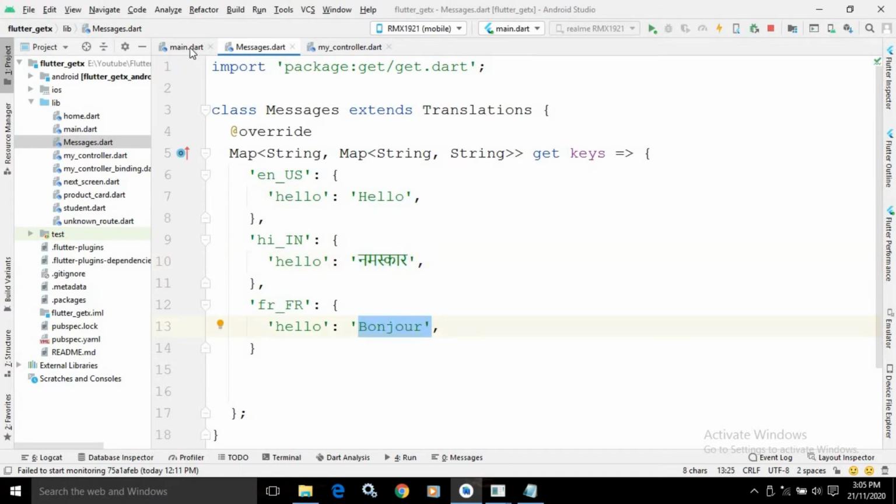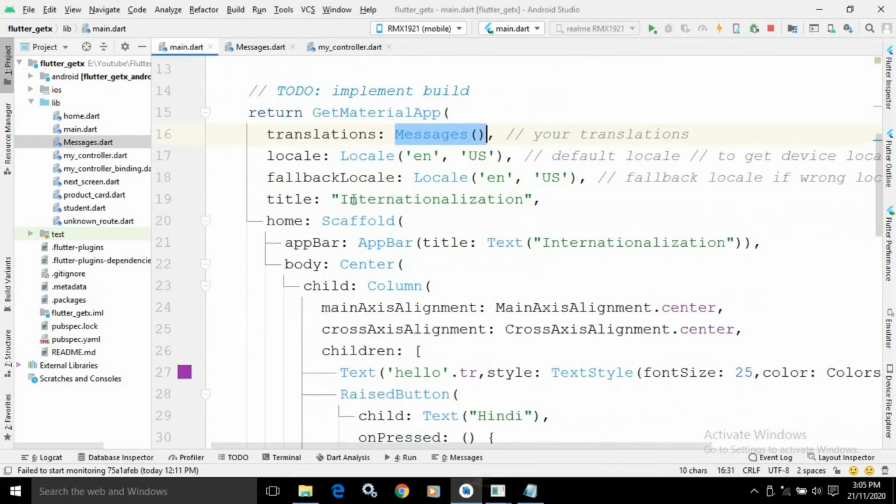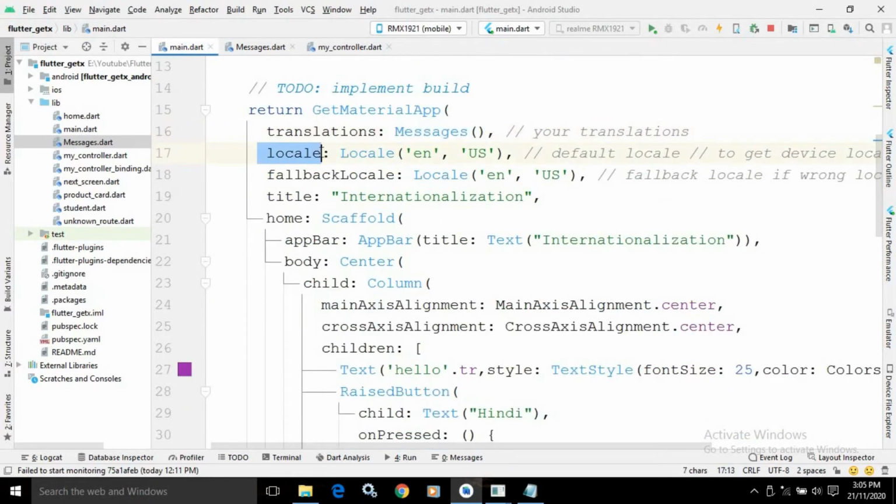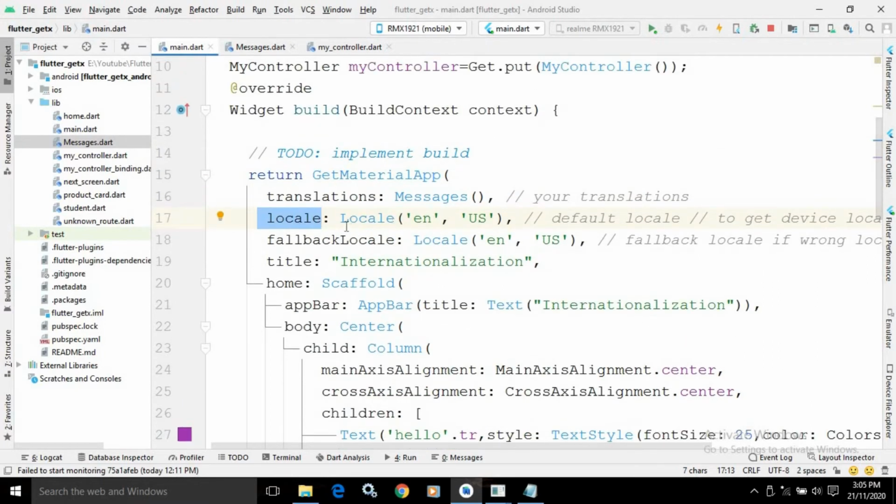Okay, now again let me move to main.dart. Now here we have a locale property. In the locale property we need to specify, by default when the app is launched, in which language the message will be displayed. To specify that we use Locale, and here we specify the language code and the country code. This means by default it will be displayed in English.